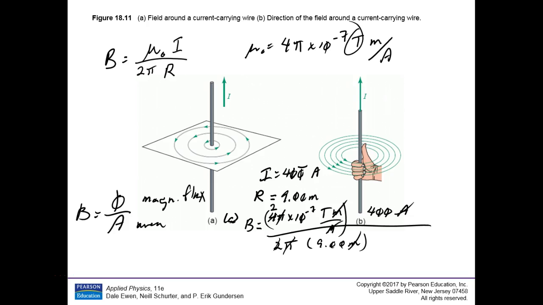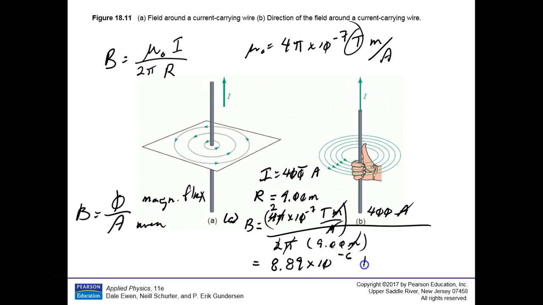You've got calculators, do it. 2 EE negative 7 times 400 divided by 9. What would be your magnetic field strength? What do you get? 8 point what? 89